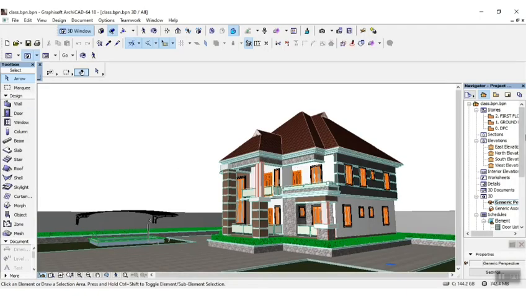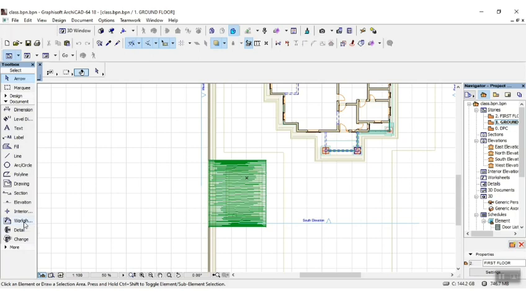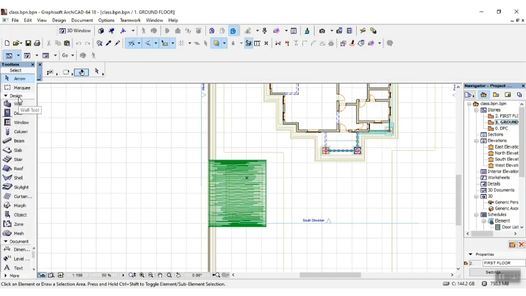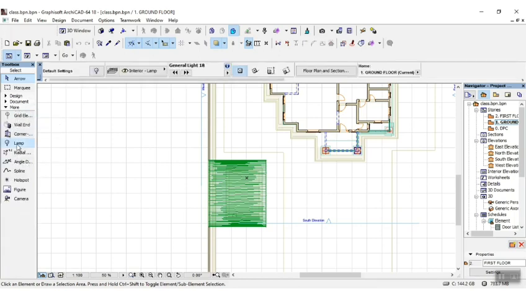So we'll come down to the ground floor, we'll come down to the design tool, sorry, the document. You come to more. This is where you get lamp. You see under the more you have the lamp tools. So you pick it up. You see guys,